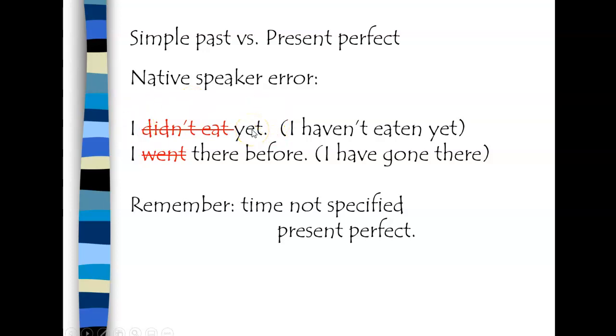If you're speaking with your friends and you don't need to be doing an oral presentation in front of me, then that's absolutely correct. But grammatically, the sentence is wrong because of the word yet. I haven't eaten yet. Or I went there before. Grammatically, it's incorrect. I have gone there before. So again, if you're out speaking with your friends, it doesn't make any difference if you say this. But if you're doing an oral presentation for me or you're writing your text, please make sure you try to use the correct verb tense.